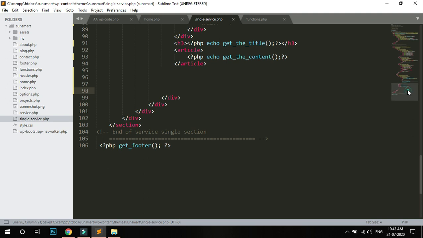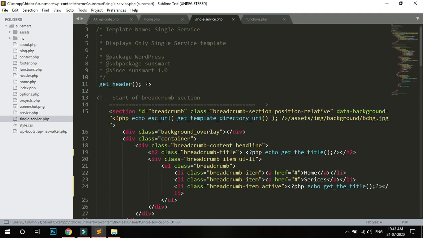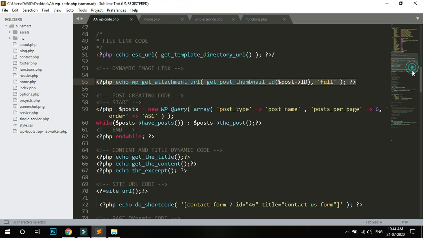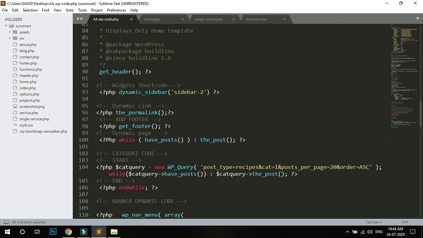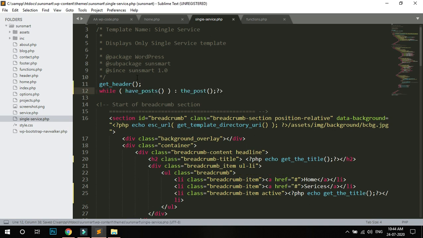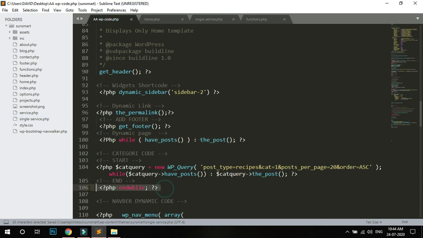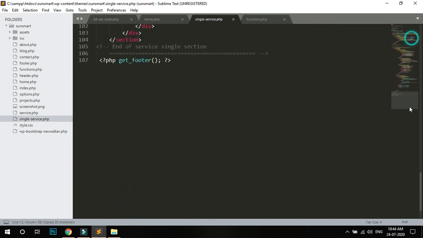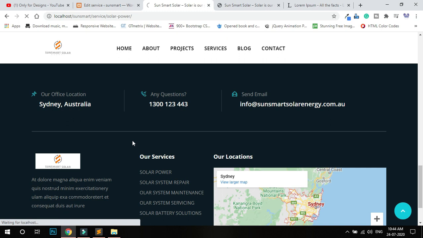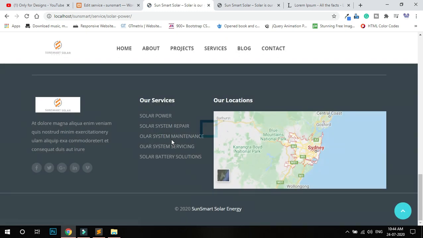Okay, done. So I need to add code here. Which code? This is the while code, this one, here, and add the end code in the footer, before the footer. Okay, save, and now refresh. You can see